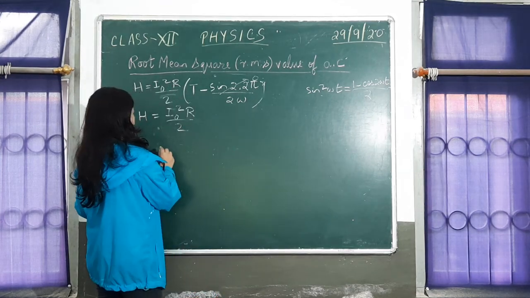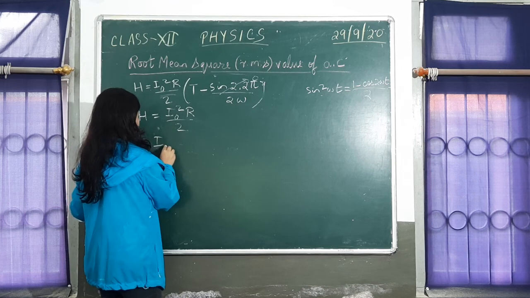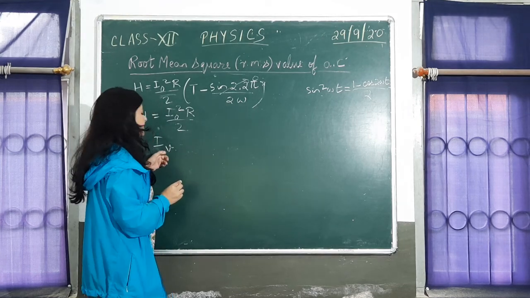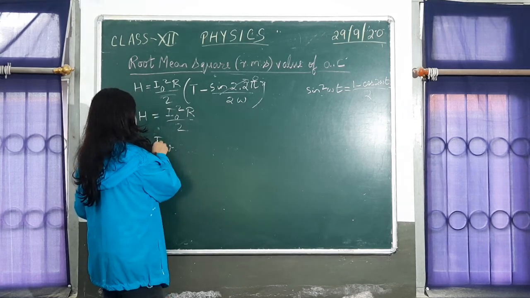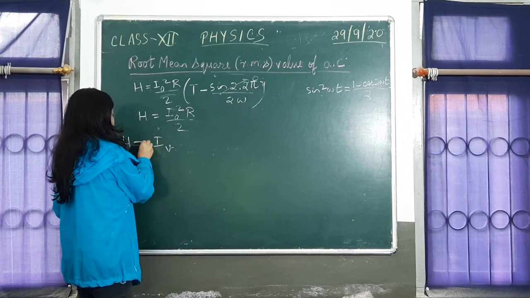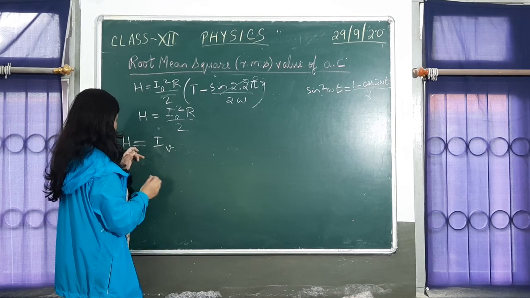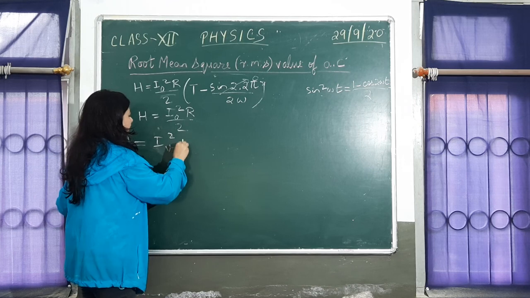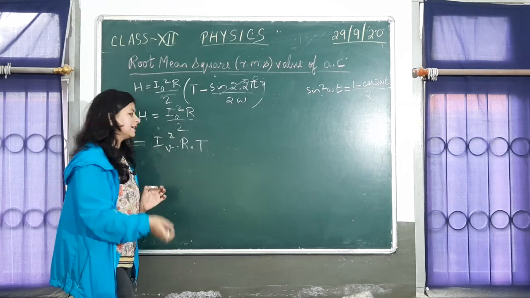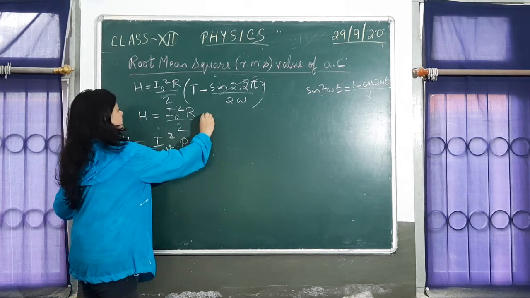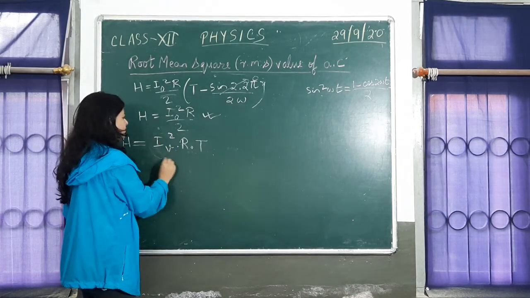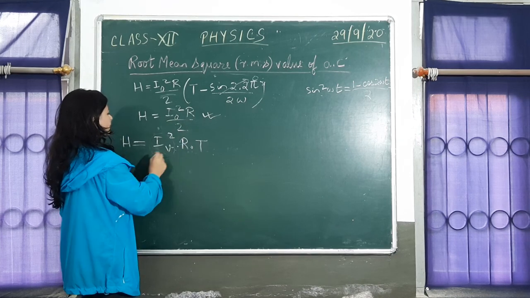So if IV, that is the RMS value, that is equal to the current related to the DC source, is generating some amount of heat, that means the same amount of heat, we can write the next equation as H is equal to IV square R T, because the time interval is the one cycle, that is equal to capital T. Now this is the heat generated by the AC, which has to be equal to the heat generated by the steady value of current, that is equal to IV.